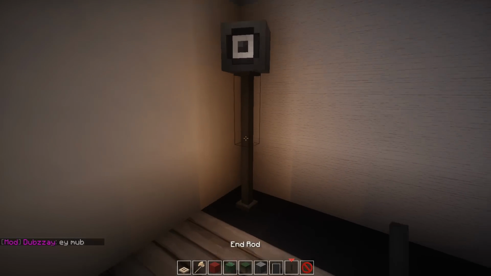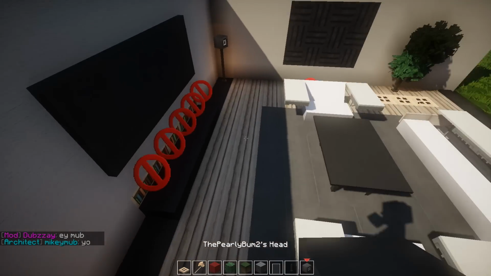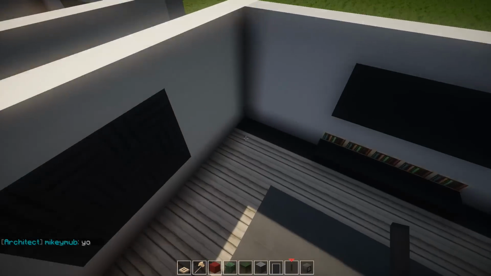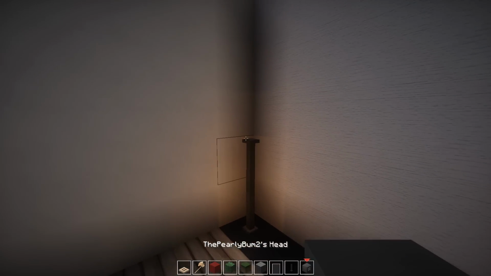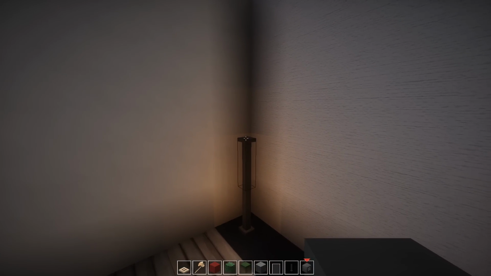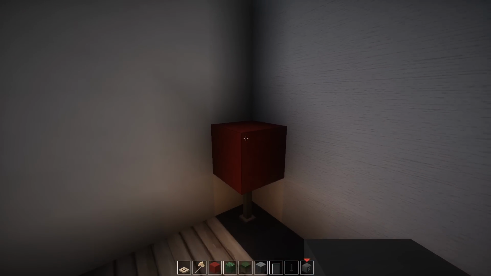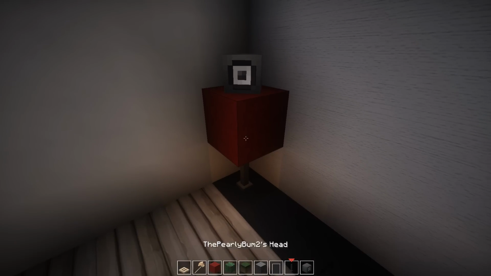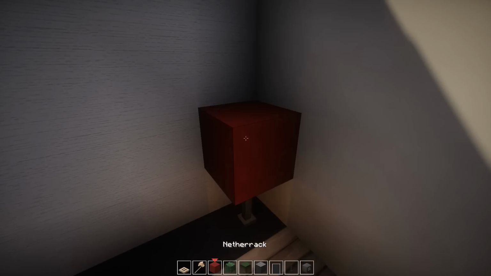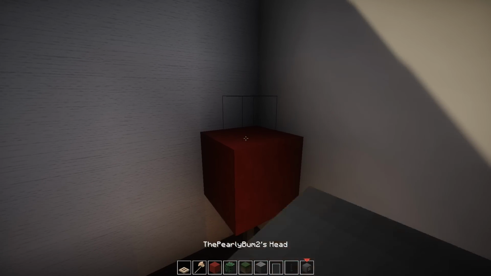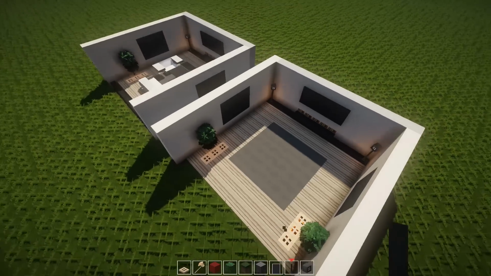Now these heads are actually the Pearly Bum heads. I actually used to know Pearly Bum. He was a player on WoC back when I used to play on there. And you can put 2 of these end rods down here, which once again generate some light, which is nice. Then you can crouch. Oh yeah, you need to do this actually, I forgot about that. You need to put a block down. So this head is actually the Pearly Bum too. That's his head. And you can just put one like that. And then you can do this on the other side. Of course, this is a cool speaker system for the TV. So that's pretty sick. Bam, just like that.